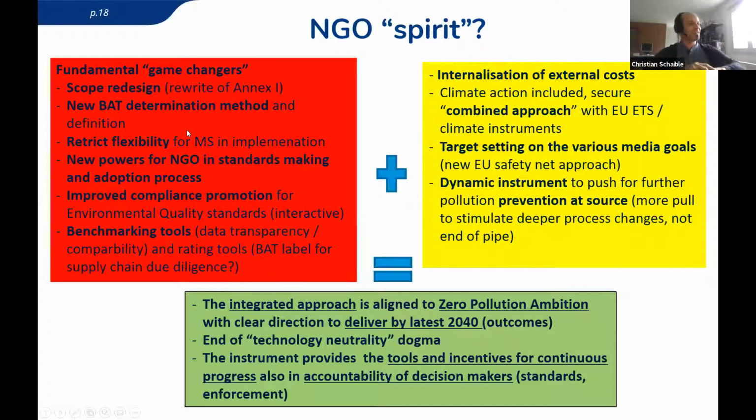So I would say one fundamental game changer, and this is the red stuff, the big Baustelle, the big thing we have to fix in the IED, is a scope redesign. So what do we mean with this? Instead of regulating the worst activities because of their impact, like, for example, large combustion plants bigger than 50 megawatts, what do we want from the industry? We want outputs and useful service. So in this case, we want energy: heat or electricity with the least environmental impacts.